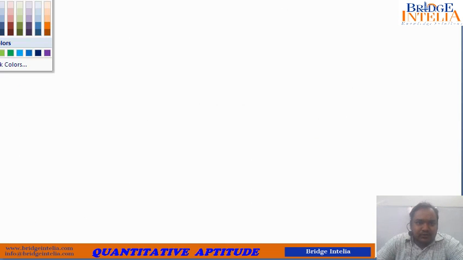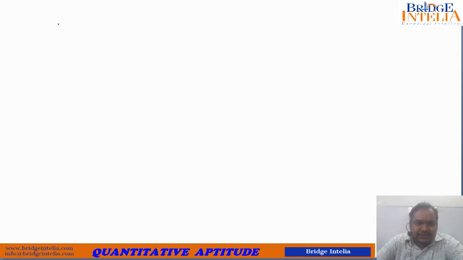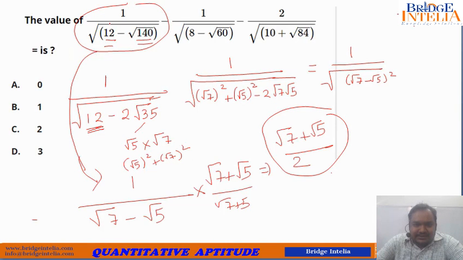The first term is root 7 plus root 5, so the first term comes out to be (root 7 plus root 5) by 2. Similarly, if you try the second term, let's go back to the second term. So the second term, this is 8, 60 is equal to 15 minus 4. So this is actually 2 root 15. So you see, here is the hint. Root 3 and root 5 are used to create this, and root 3 square plus root 5 square is used to create this.